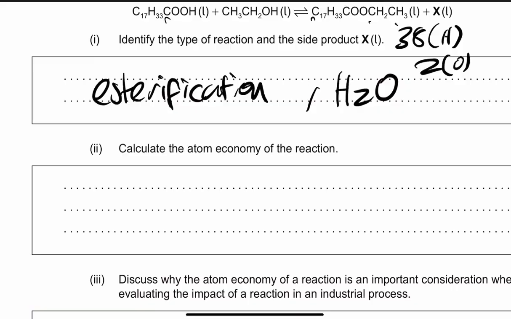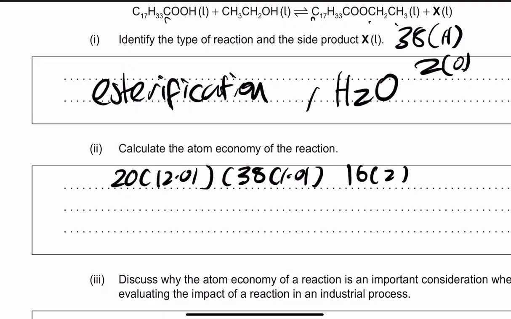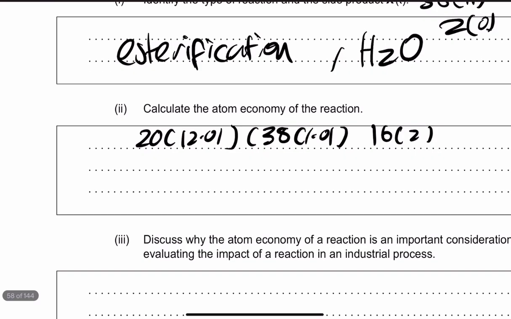Now we get the mass of that: 20 times 12.01, 38 times 1.01, and 16 times 2 for the oxygen, and that gives us 310.58. Then we do 310.58 over